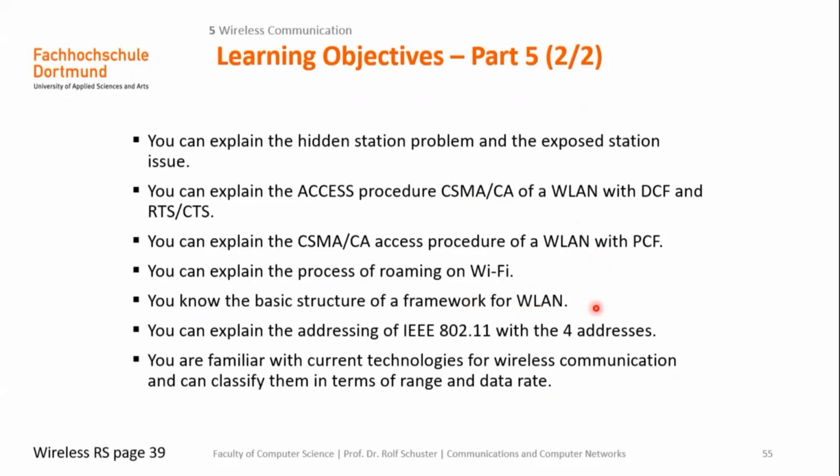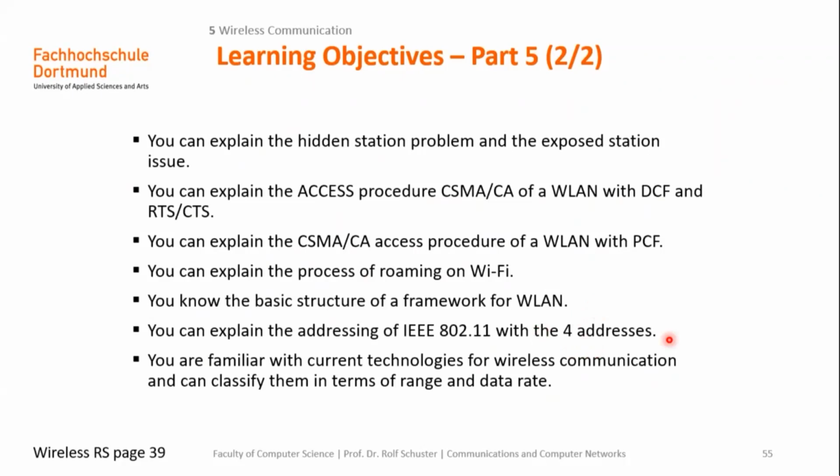For instance, instead of 2 addresses, for source and destination addresses, there are 4 addresses, and there are typically a lot of control and management fields. You can explain the addressing then with the 4 address fields,